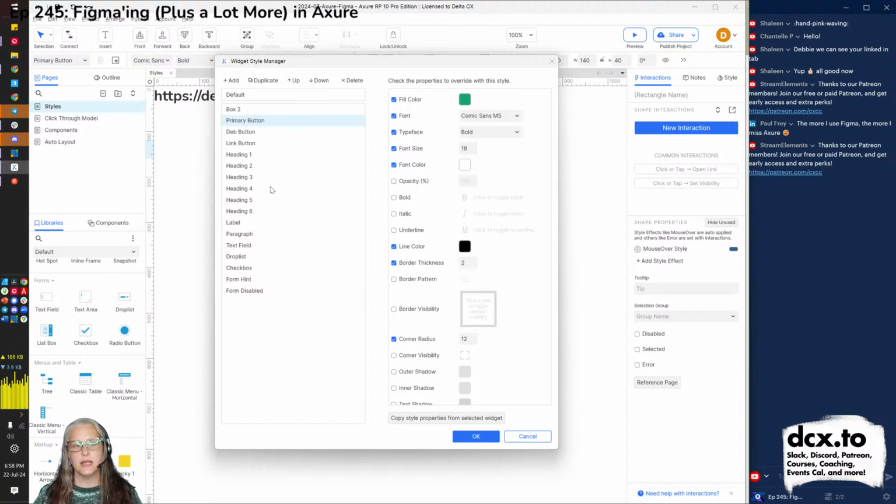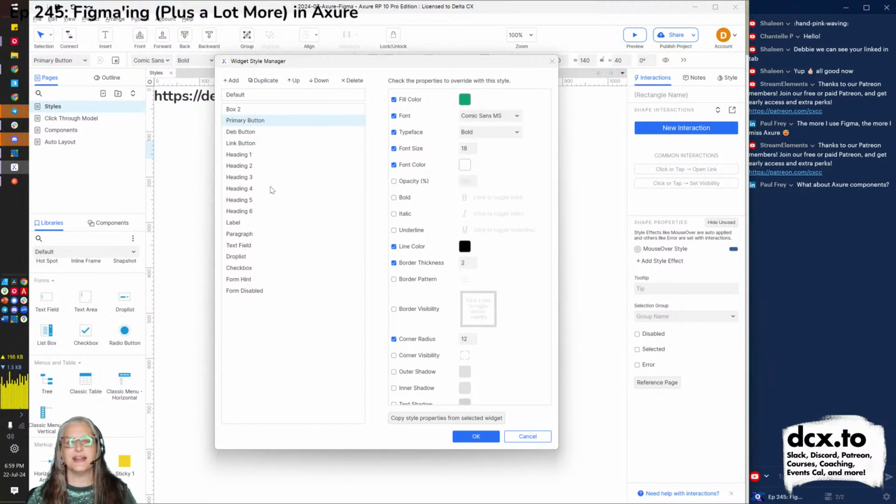So hypothetically, if you used a certain color in multiple styles, and then your company changed that color, you would have to find all of the styles using that color and go in and change that color. But at least the good part is, because these are global styles, once you've done that, it's done for your file.